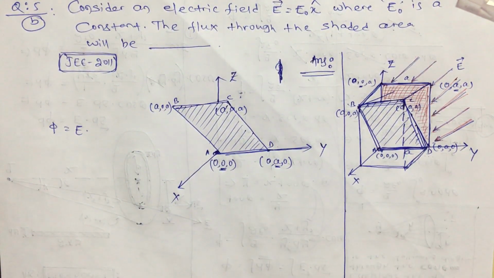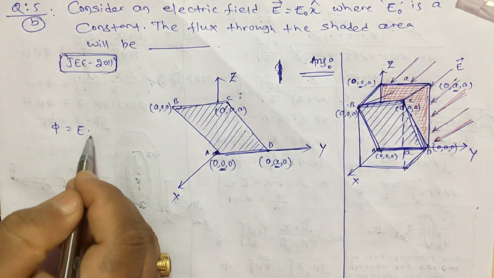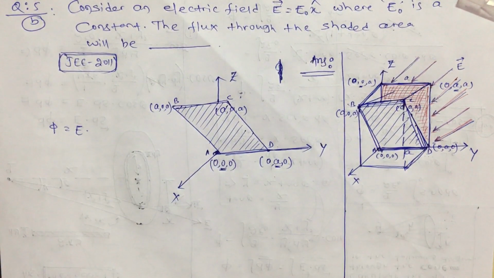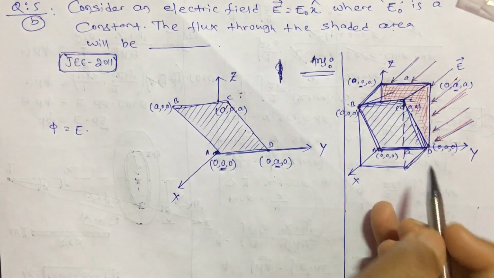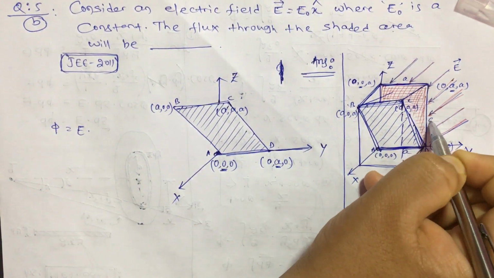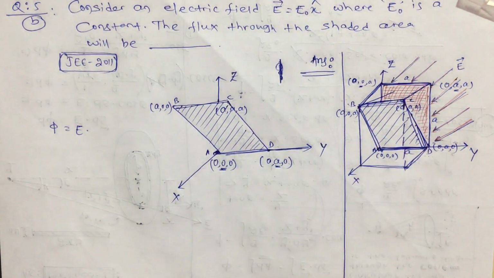Okay, and we can tell that that is the projected area which is perpendicular to the given electric field, which is again uniform electric field. Okay, so to find the flux, we can just use the formula flux equal to E into area of this backside plane. Okay, and from the coordinates I can easily find that this length and the height both are going to be A and A.